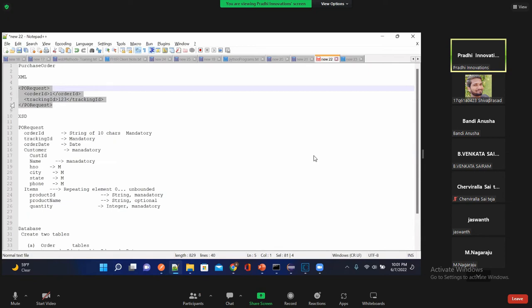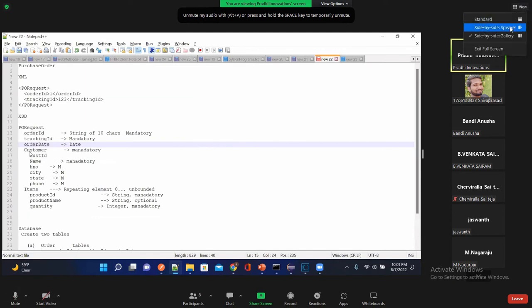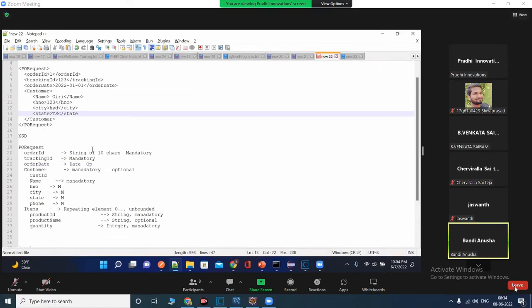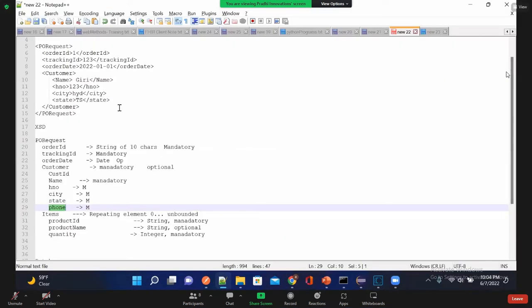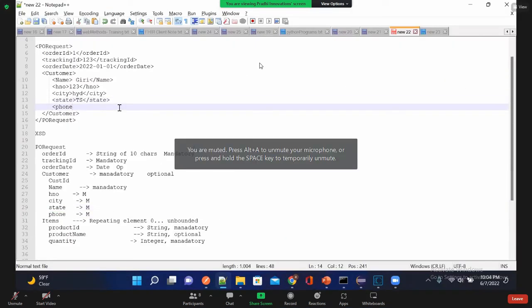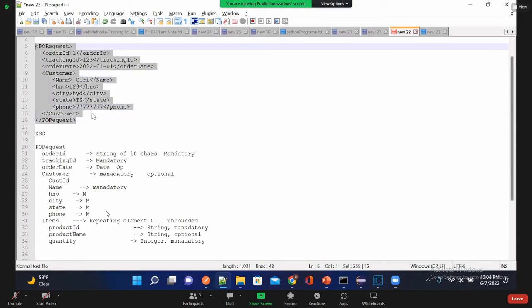So optional means this node itself, this element or complex element, is optional. Phone number, this is mandatory. So now tell me, is this valid XML or not? Phone number is